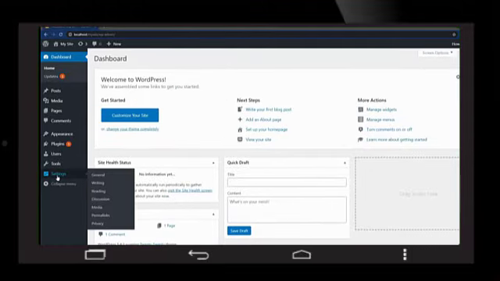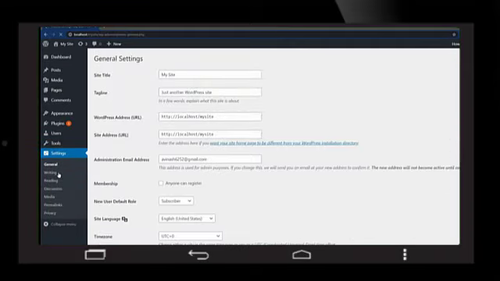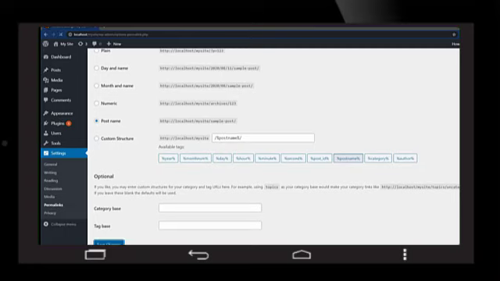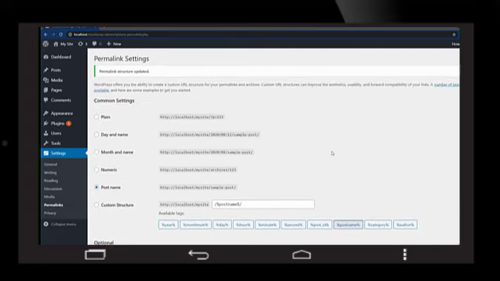Let's come to this settings. Then click on permalinks. Here you select this option, post name, so it will make the URL SEO friendly. Then click on save changes.